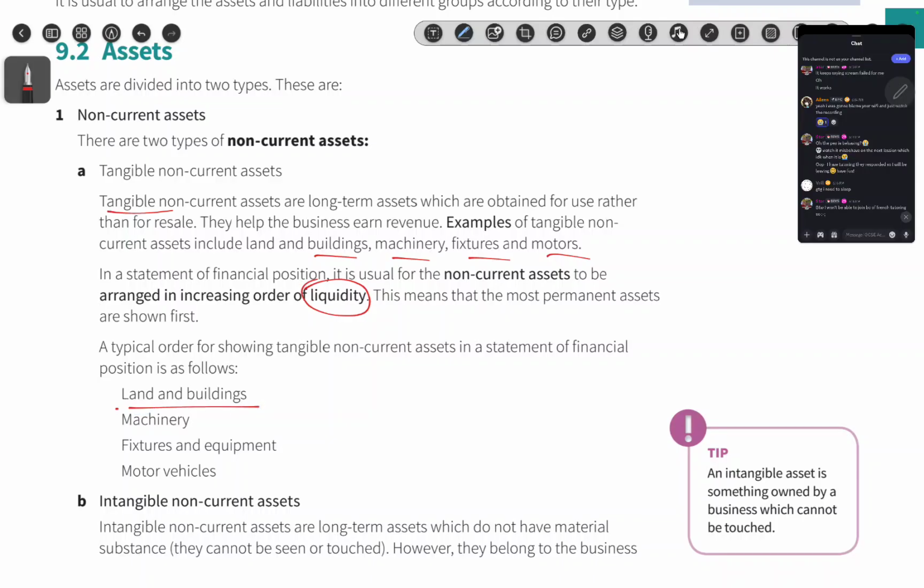But land and buildings, you don't really sell on a daily basis, so it's not liquid at all. Machinery, you can sell, sure. Motor vehicles, people sell much more than fixtures and equipment. So when you make a statement of financial position, if you keep it in this order, you're going to look cooler. You won't lose any marks for not keeping it in this order, but this is a nice way to do it. A typical order for showing tangible non-current assets is as follows. You take your land and buildings first, because this is the least liquid, and then